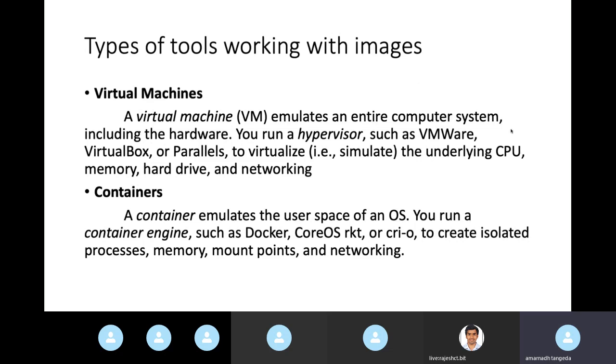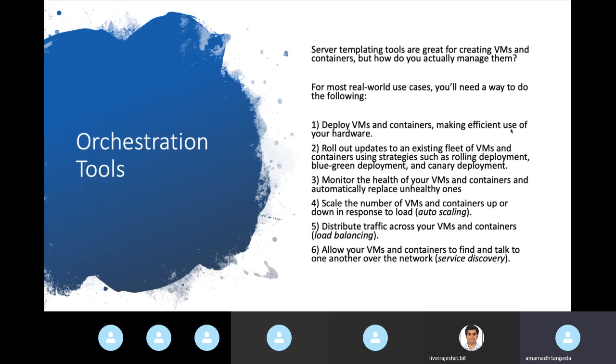So these are the different technologies that can be used for images, where I can deploy my virtual machines. Maybe I can take a VMware virtual template and deploy it, or a container where we can use Docker. The next one is the big one, the orchestration tool. I hope not much explanation is needed because you all know what Kubernetes is and how exactly it works. So the best example for this is Kubernetes.